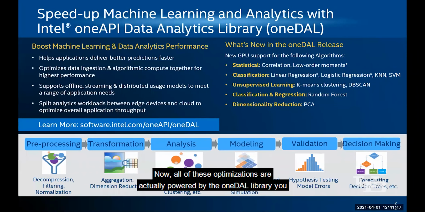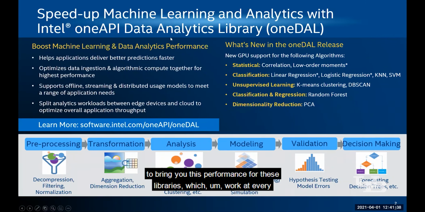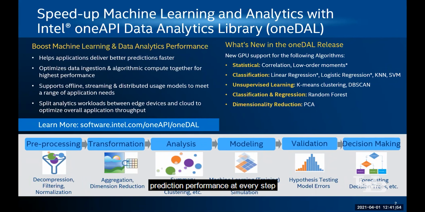Now, all of these optimizations are powered by the $1 library. You heard earlier that a lot of IDP is powered by oneMKL. And yes, scikit-learn and XGBoost do get a tiny bit of performance gain from oneMKL, but $1 is really the star in terms of what's running under the hood to bring you this performance. For these libraries, which work at every part of the end-to-end workload stack, especially for classical ML in terms of pre-processing, transformation, analysis, modeling, validation, decision-making, $1 helps bring you faster training and prediction and performance at every step of